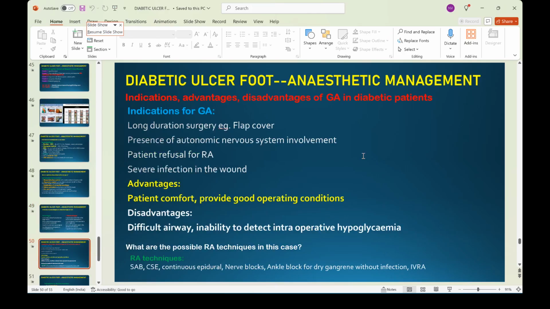And GA in these patients: long duration surgery like microsurgery, cover, etc., you require GA. Or if the patient has established autonomic neuropathy, better to go for GA. The patient refusal or severe infection, all these things are contraindications for regional, can be done under GA. Advantages are patients will be comfortable, good operating condition, but if there is a difficult airway,